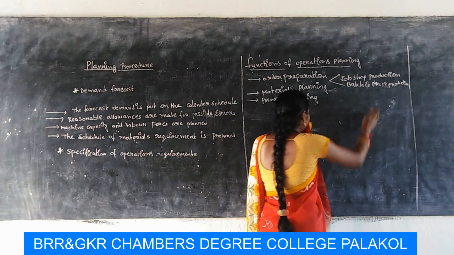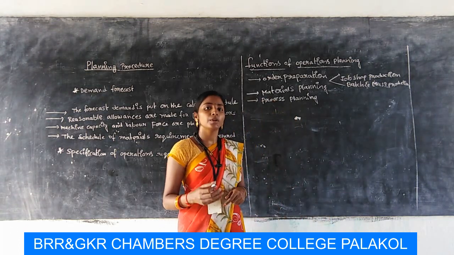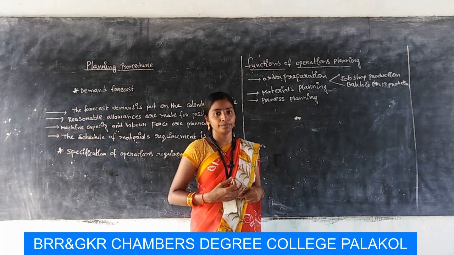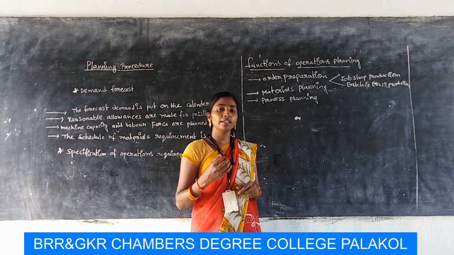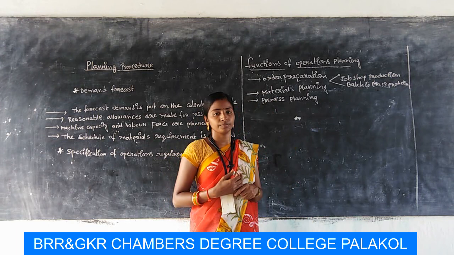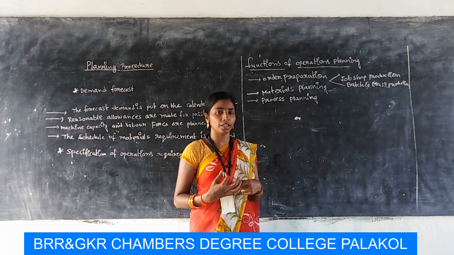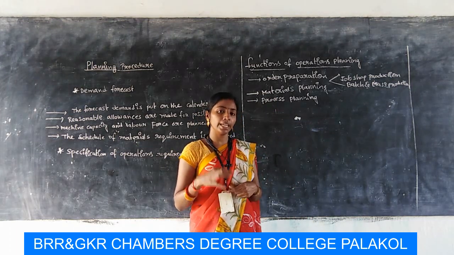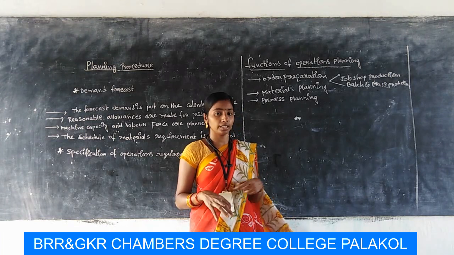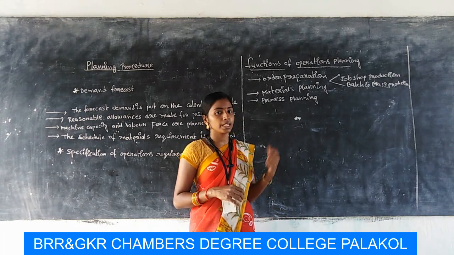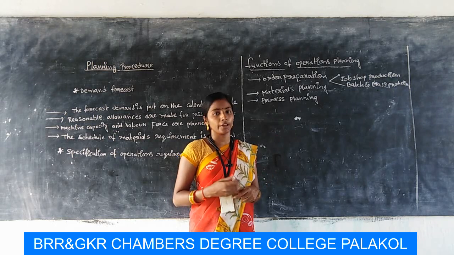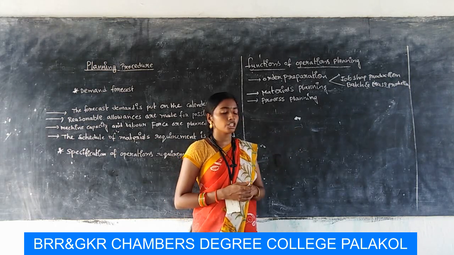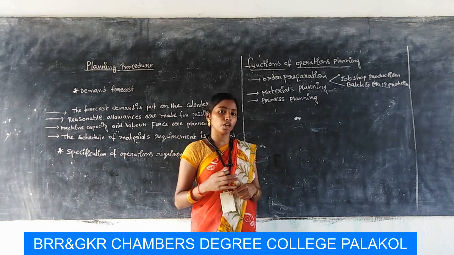In mass production, the goods are produced in huge numbers. These two are make-to-stock production systems, where we are producing goods for the basis of making into stock. That applies to mass production, not batch production. Batch production is related to make-to-order production, whereas mass production is related to make-to-stock production.